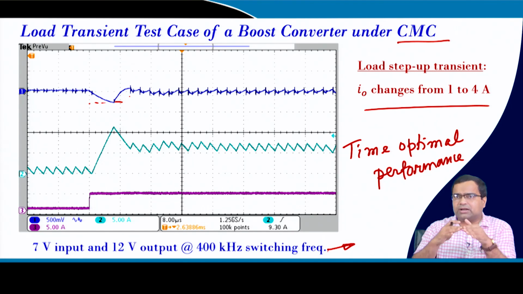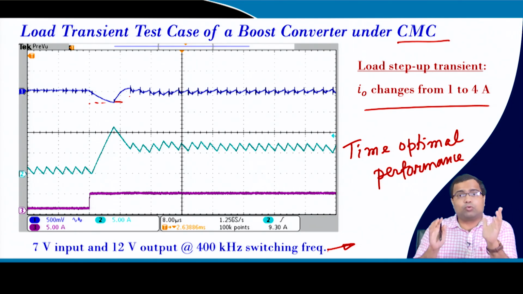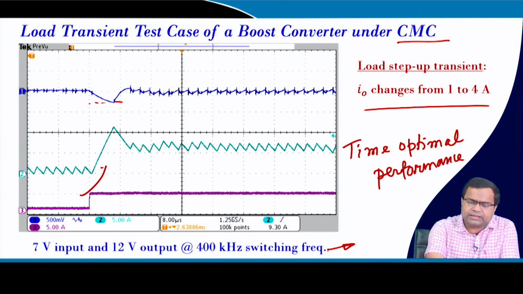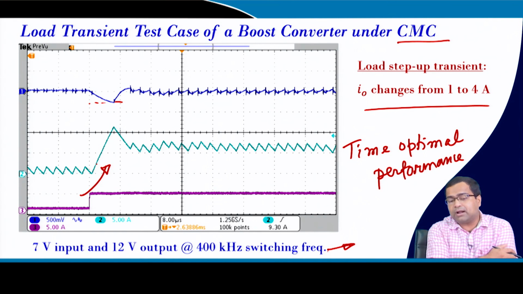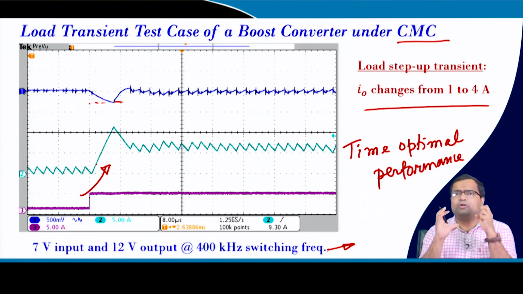If you want to reduce the undershoot, then you have to put a limit, but we are not going to discuss this. So, what I am saying is, we have obtained this using a closed loop control, but how did we arrive at this closed loop control? Who said this? Can we obtain this performance by any trial and error method? No. So, we need to know something about the system, something about the model of the system, that means we need to develop some model.